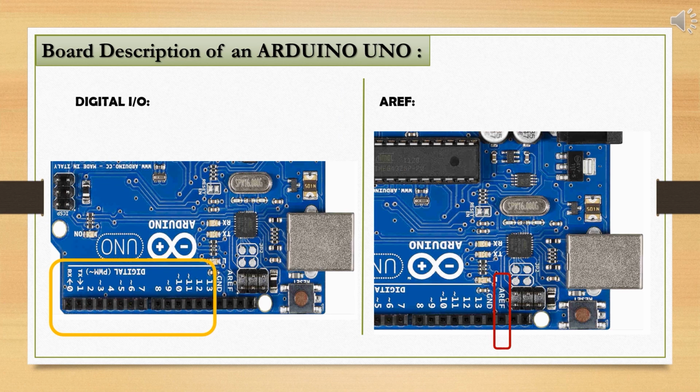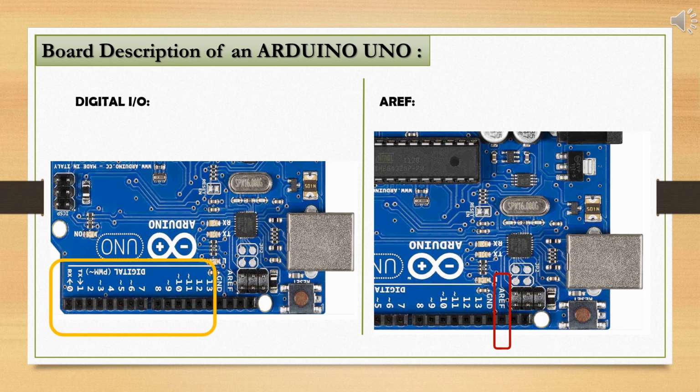Digital input output. The Arduino UNO board has 14 digital input output pins, of which 6 provide PWM output. PWM means pulse width modulation. These pins can be configured to work as input digital pins to read logic values 0 or 1, or as digital output pins to drive different modules like LEDs, motors, relays, etc. The pins labeled with a negation symbol, you can see on the digital pins, can be used to generate PWM.